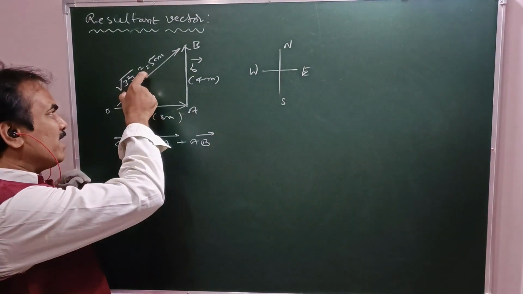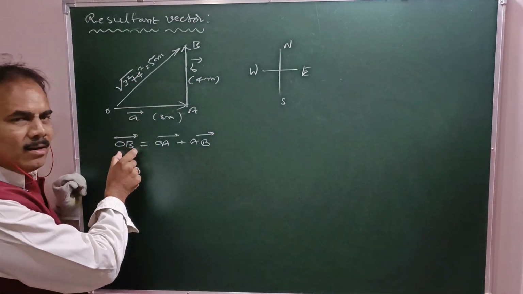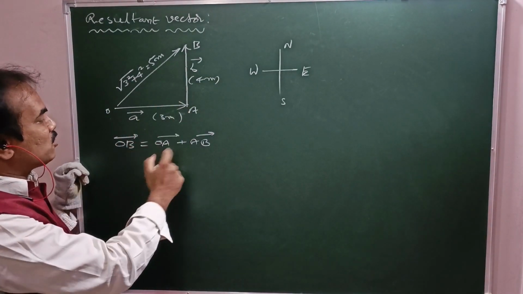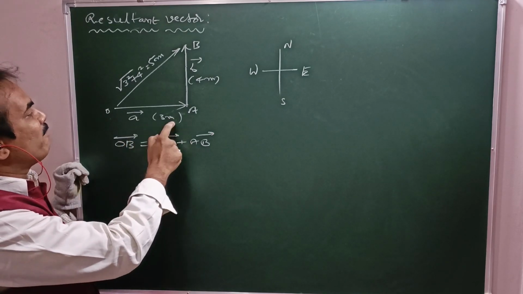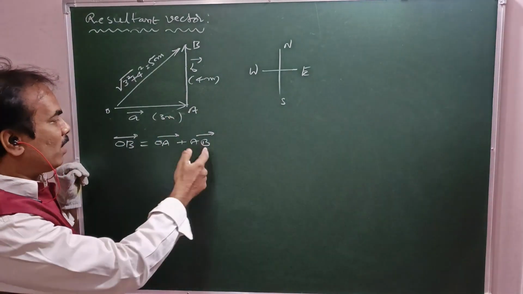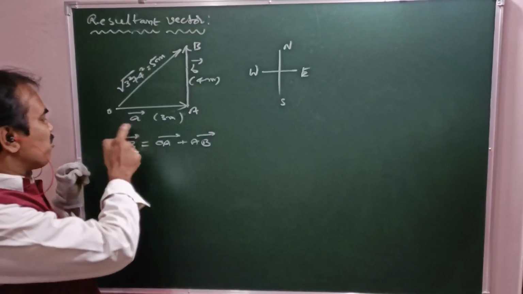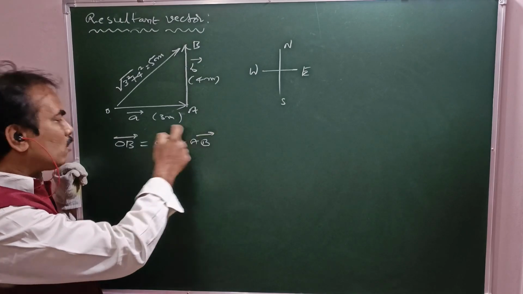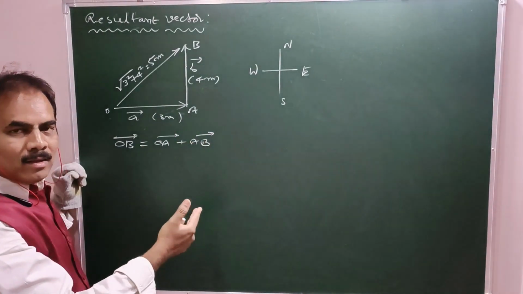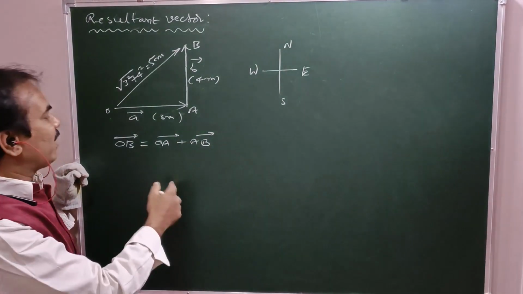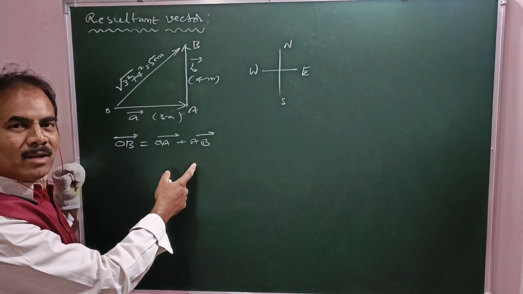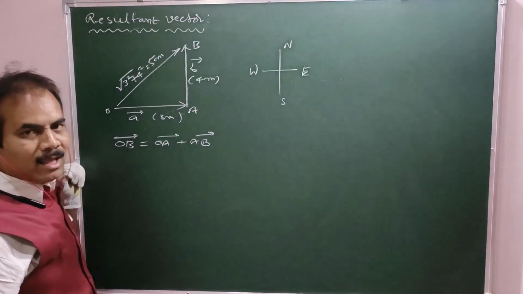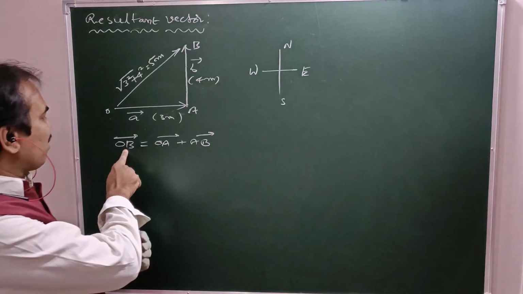Why it is resultant means this vector is a unique vector which replaces the given parent vectors. These two are parent vectors, A bar of 3 meters, B bar of 4 meters. Making use of this unique resultant vector, one can replace these two vectors such that to produce the same effect both in magnitude and direction as the effect produced by individual parent vectors together. Am I right? So that is the nature of resultant vector.